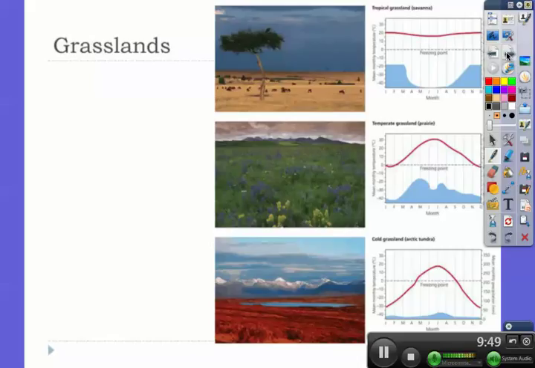The temperate grassland, which you can think about as being in the center of our country, you see low extremes in the winter months in terms of temperature and precipitation, and the precipitation goes ahead and increases as you go towards the summer months, along with temperature. Whereas in the cold grassland, in the Arctic tundra, you see temperature extremes from January to December, peaking in the middle of the summer months, but it tends to be pretty consistent with regard to precipitation throughout the year.